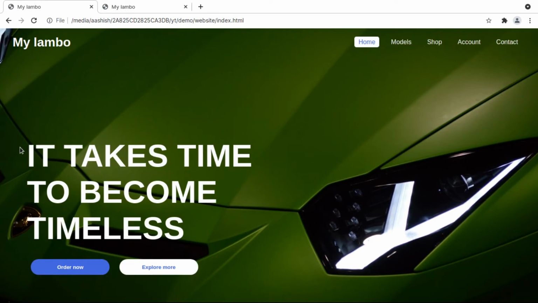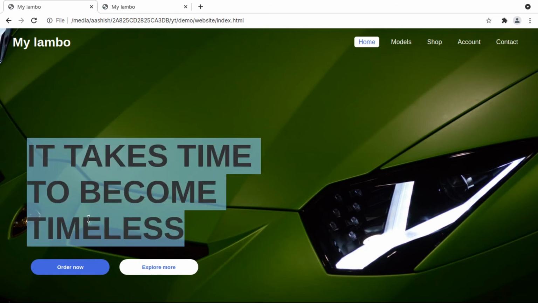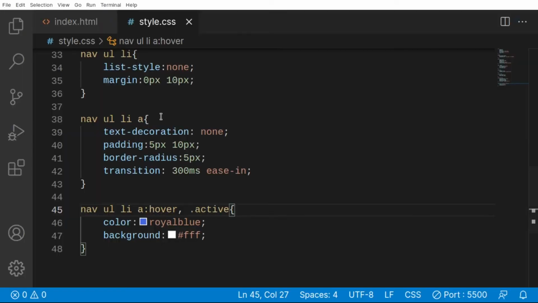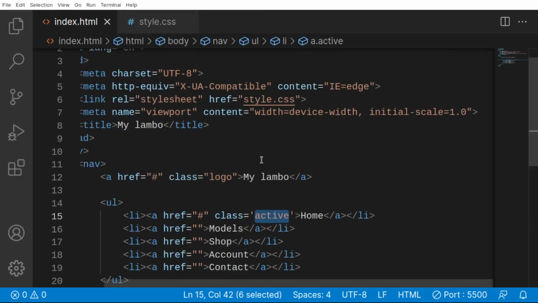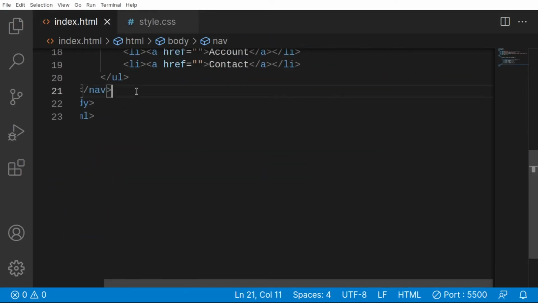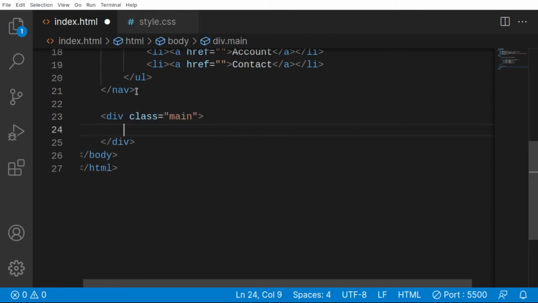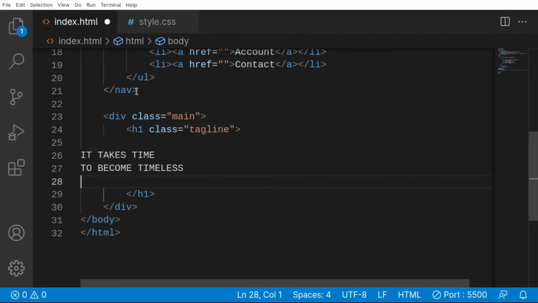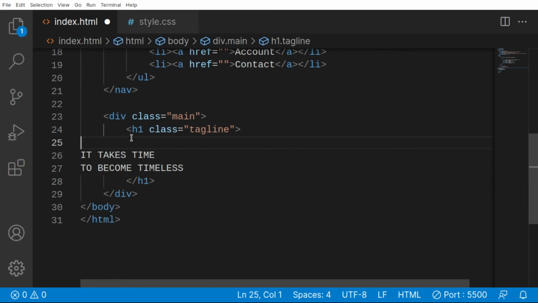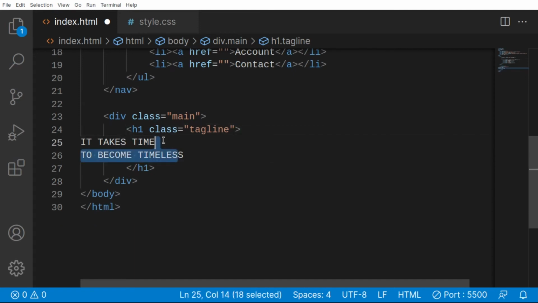Now we want to move to our text in here, so let's copy this text and go back to our index.html file. Let's just quickly create another div tag with a class of main, and inside in here I want to have an h1 tag with a tagline. So tagline of some text in here. So let's just properly indent them